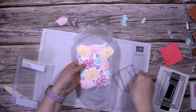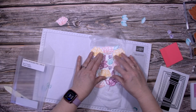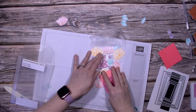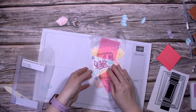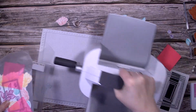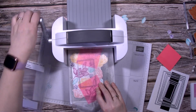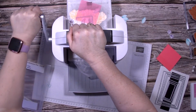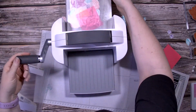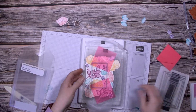And I'm going to use the square, the deckled rectangle, and work out approximately the center. I'm going to run that through the die cut machine. Once you've done that,